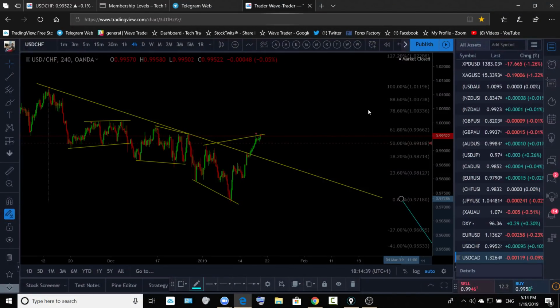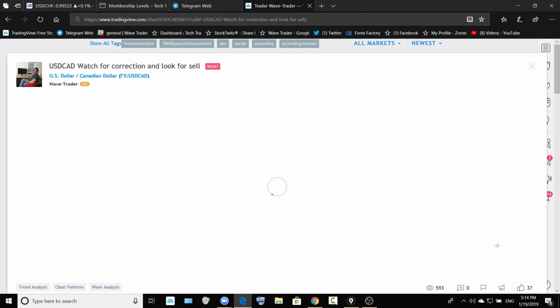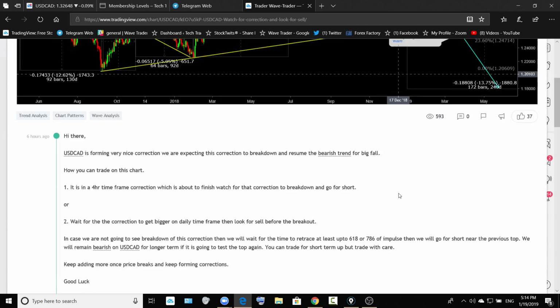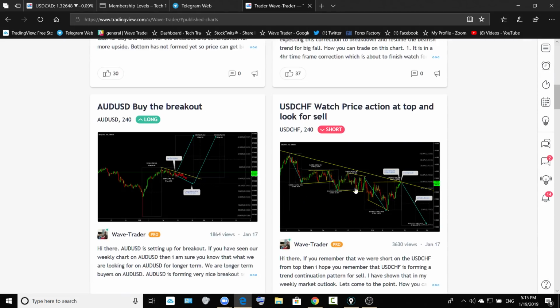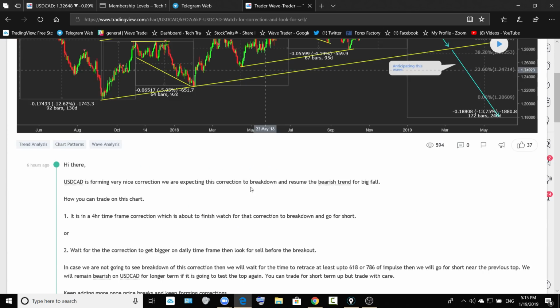And dollar CAD. Okay, so the chart maybe you guys have just seen. All right, so this is what you are looking for. Big drop on the dollar CAD. Yeah, what kind of drop? So this pattern or this structure is similar. This pattern and the structure which we are having on the dollar CAD is similar to the CAD yen. All right, so if you look at the updates, you will understand that.